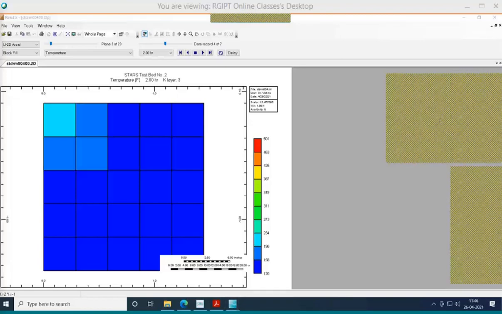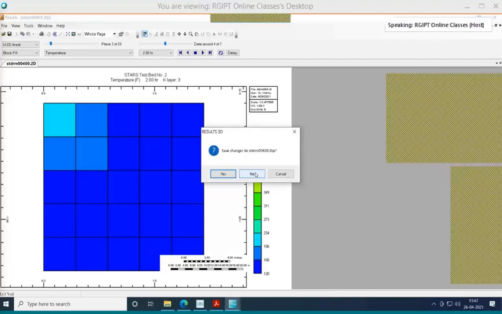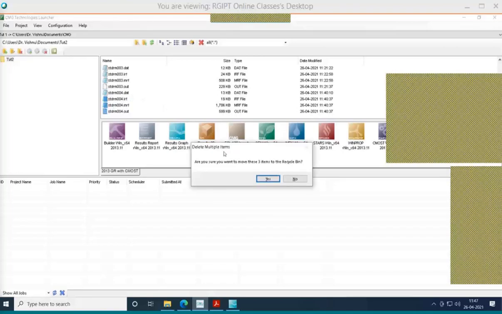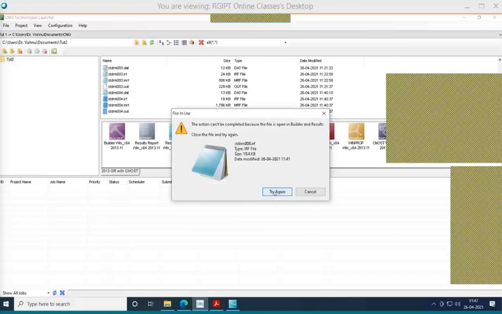Perforation for injection is in which grid block? This topmost block, 120, yeah. We can perforate the entire section. Let us see how we can do that. Let us delete these two files. Okay, it is open.